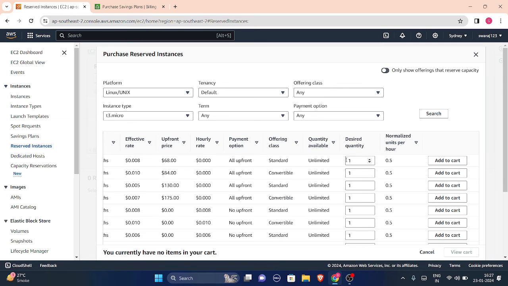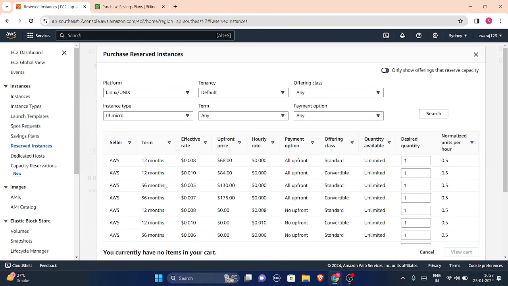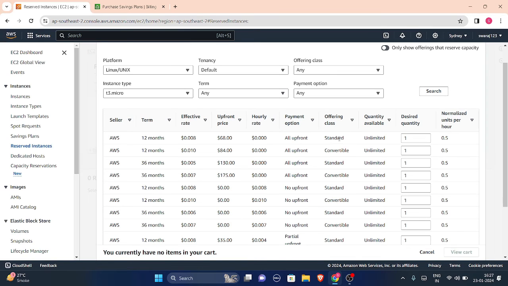You have reserved your instance for that proper term, and you have set your instance type and instance family, and also chosen your term here. Also the offering class, standard or convertible. In standard you can't change your instance type in between, but in the convertible offering class you can. So you can choose this.